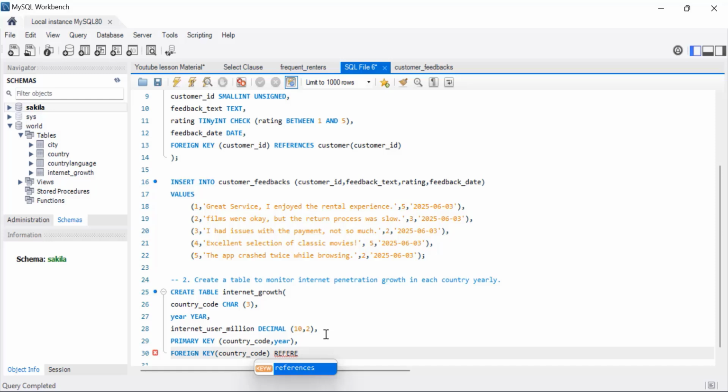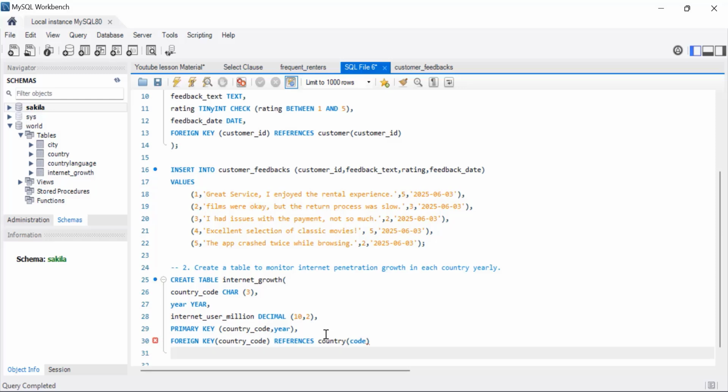References to country table in respect to code, close parentheses. Now close the bracket, semicolon. Now